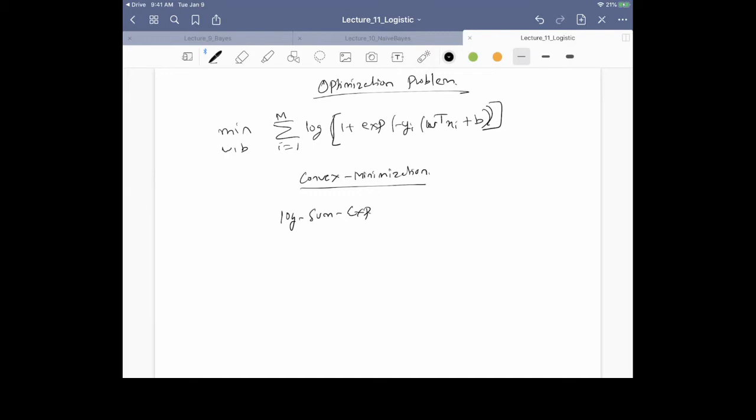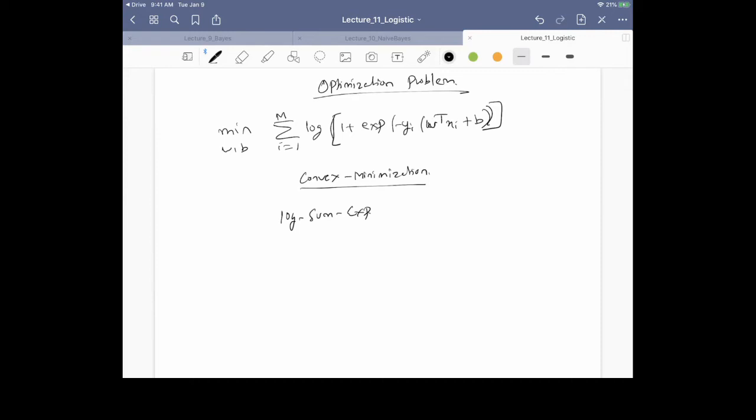You can also look at this from first principles. For example, you can take the double derivative or the Hessian of this and prove that it is greater than or equal to 0, or just show that the gradient is an increasing function, and so on. So you can prove in various ways that this function is convex, but I won't prove it right now. This turns out to be a convex optimization problem.